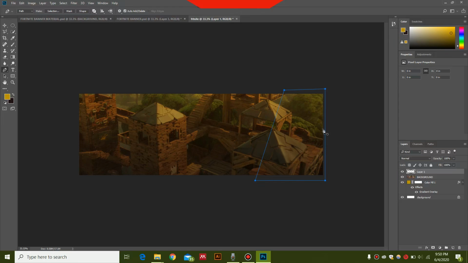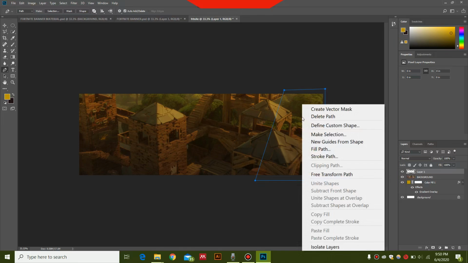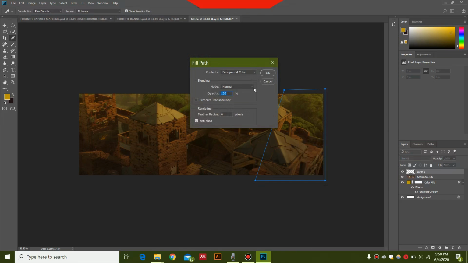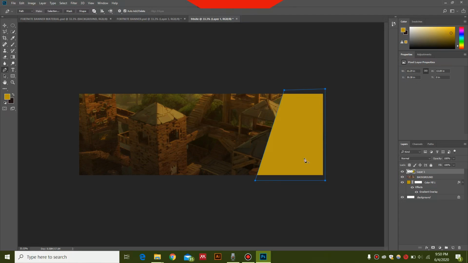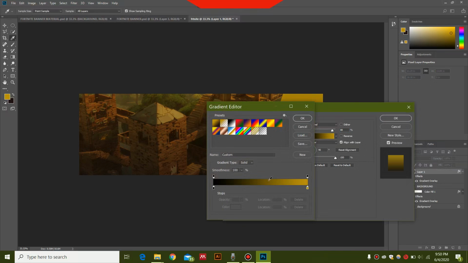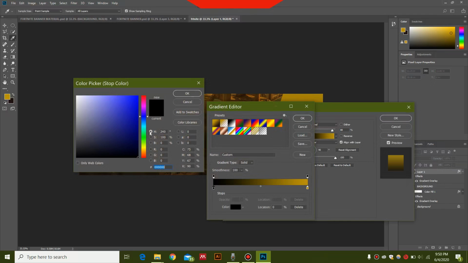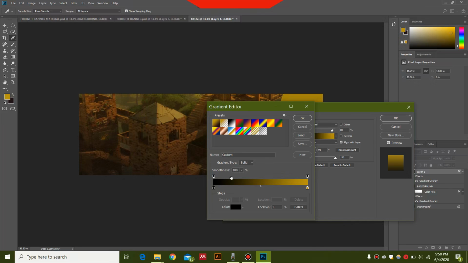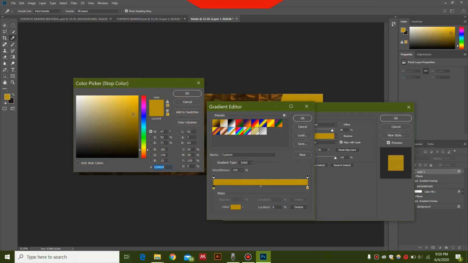because we are going to see that this design is going to cover this side. Then right click and select the fill path option, and you will select the foreground color that you have. Now press delete once to remove this outer path. Then you just need to double click over here, add the gradient overlay, and for this gradient I am using a darker color over here, which will be in the golden phase. You have this eyedropper tool, you can select it from over here, then you can double click it over here, and then just go ahead and